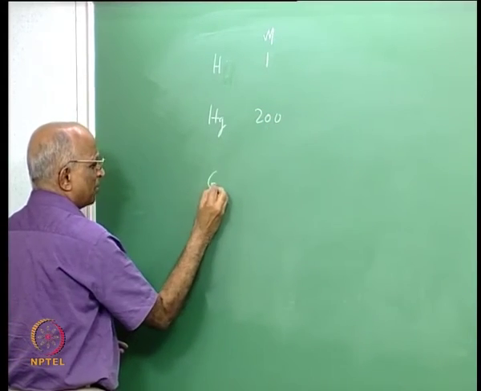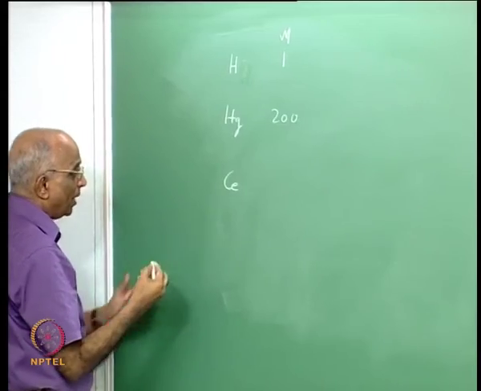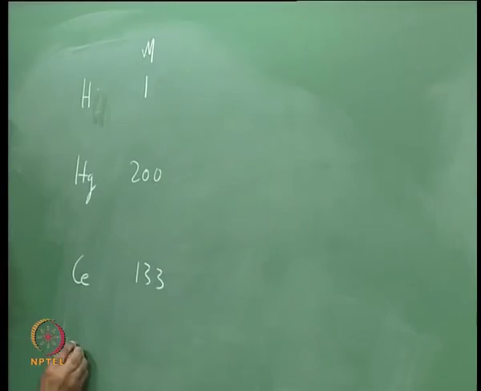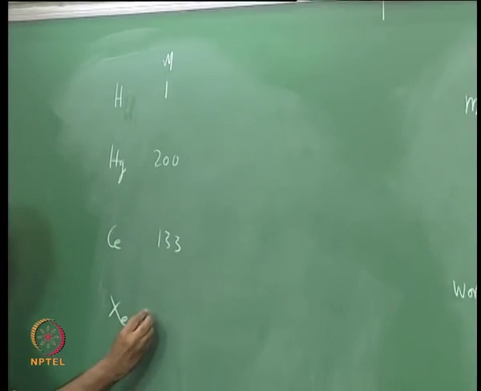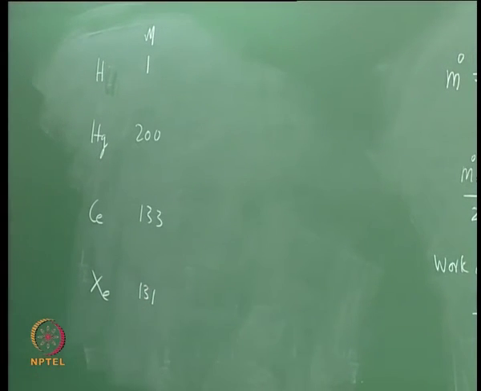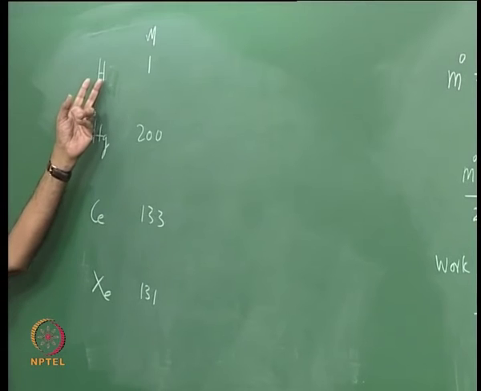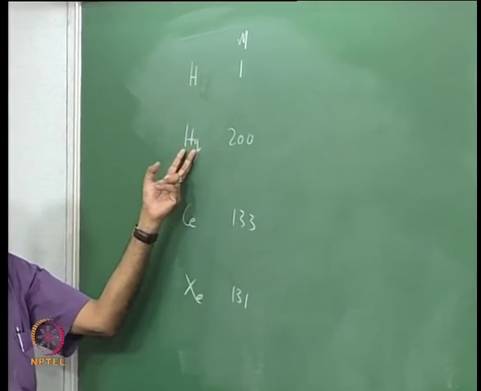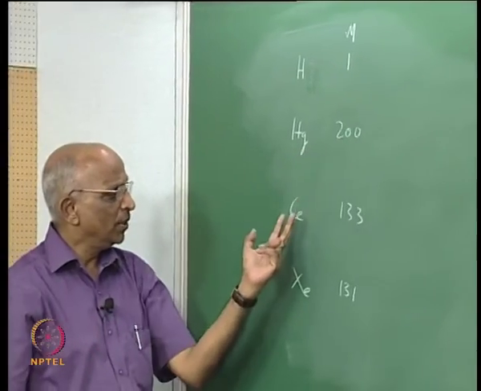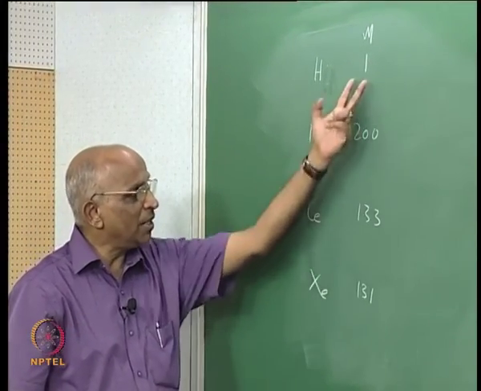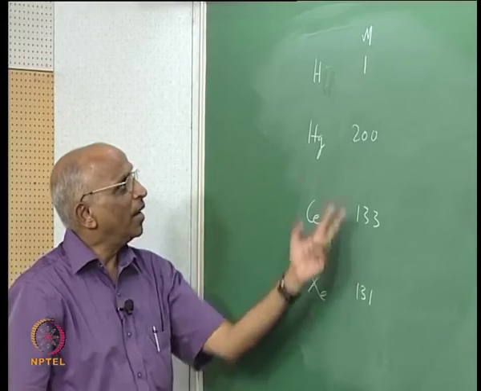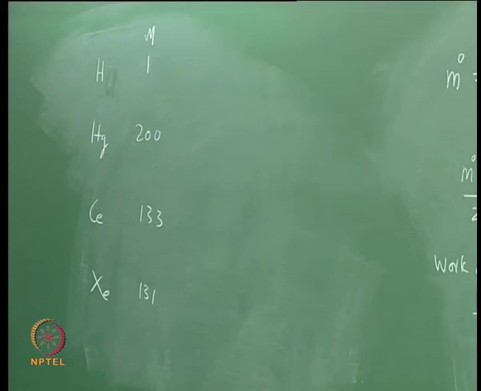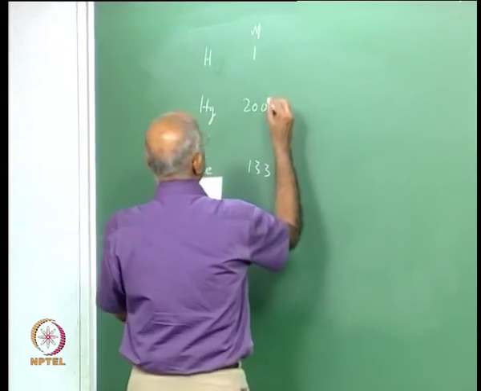I take another substance, cesium, I will say why I am choosing this a little later, 133. I take an inert gas like xenon, 131. All I am saying is, with reference to hydrogen as 1, the mercury atom is 200 times heavier, the cesium atom is 133 times heavier, and xenon similarly. And if the mass of the hydrogen atom is